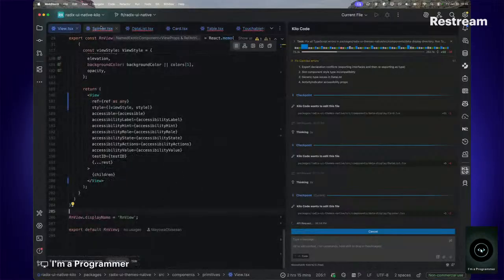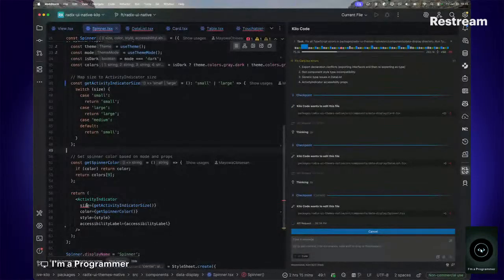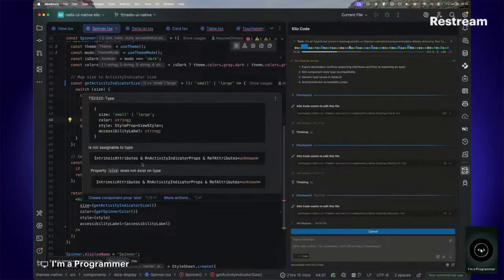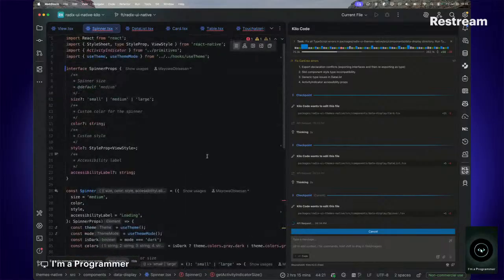I don't think I need to do that. So for spinner here, let's see what I can do. The size is small and large. I'm having medium in this case, which is normal. Size does not exist on type, which is